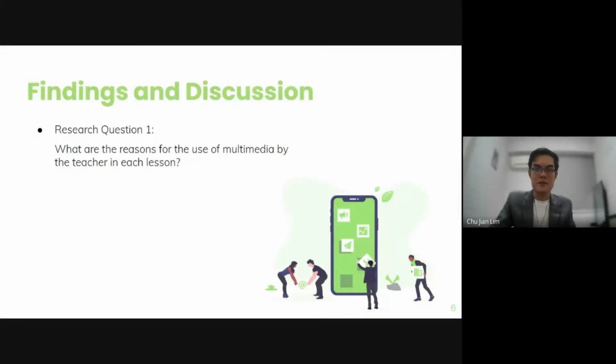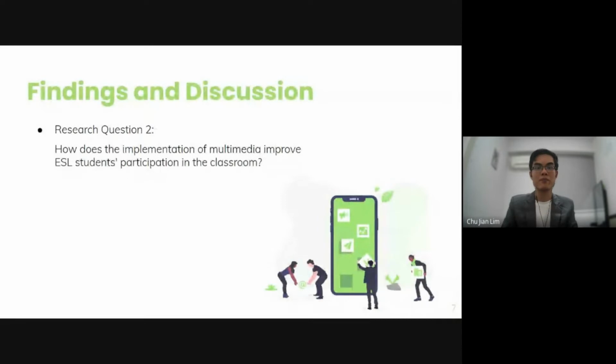Then, in the next lesson, the teacher observed that due to the great response from the students in the previous lesson on eagles, he also reused the Google Maps application in this lesson on penguins. In short, the teacher used multimedia in both lessons, especially Google Maps and videos, for 2 reasons: to add depth and complement the students' understanding of the reading text, and to encourage their interest in the topic being taught. Moving on to research question 2.